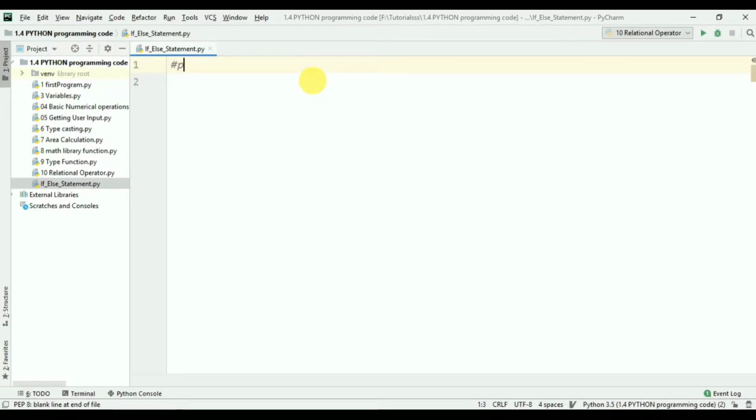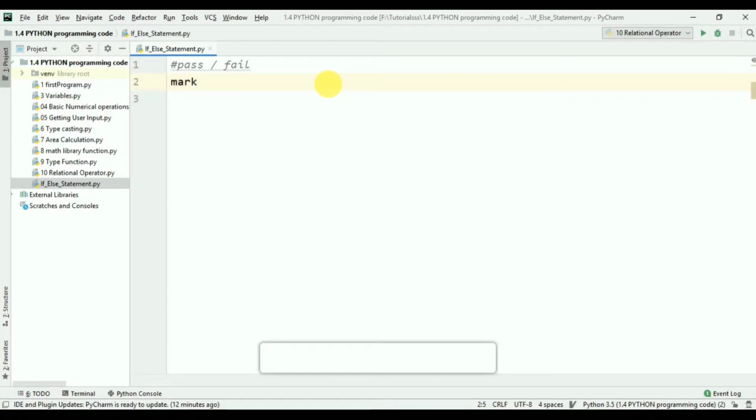In this one, I am going to show you how you can use the if else statement in our Python programming code. Here I show you a simple code which I have already discussed in the theoretical lecture, which is a pass or fail program.